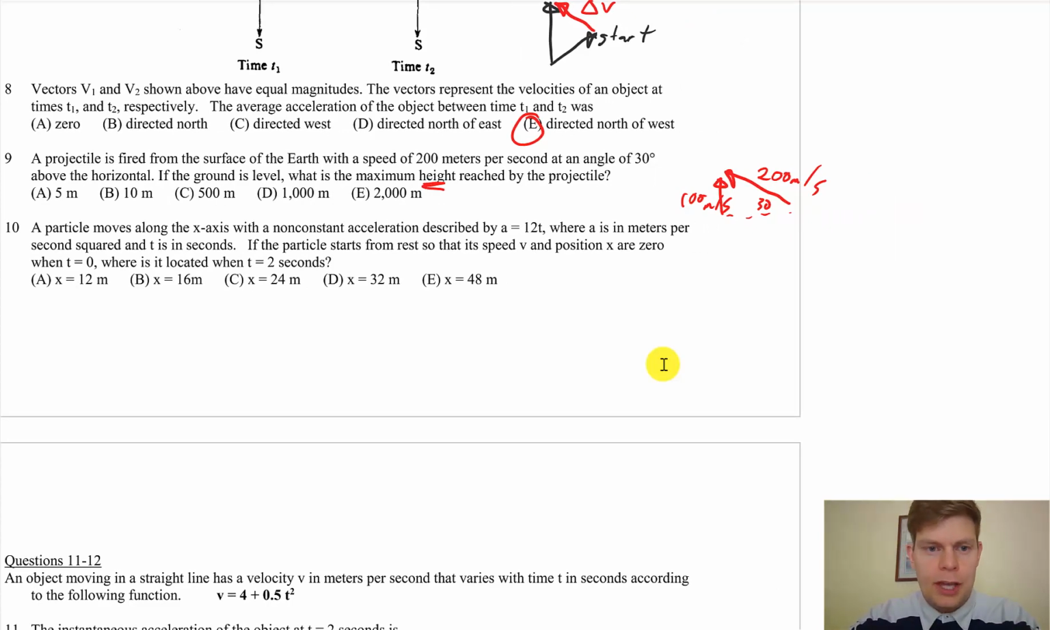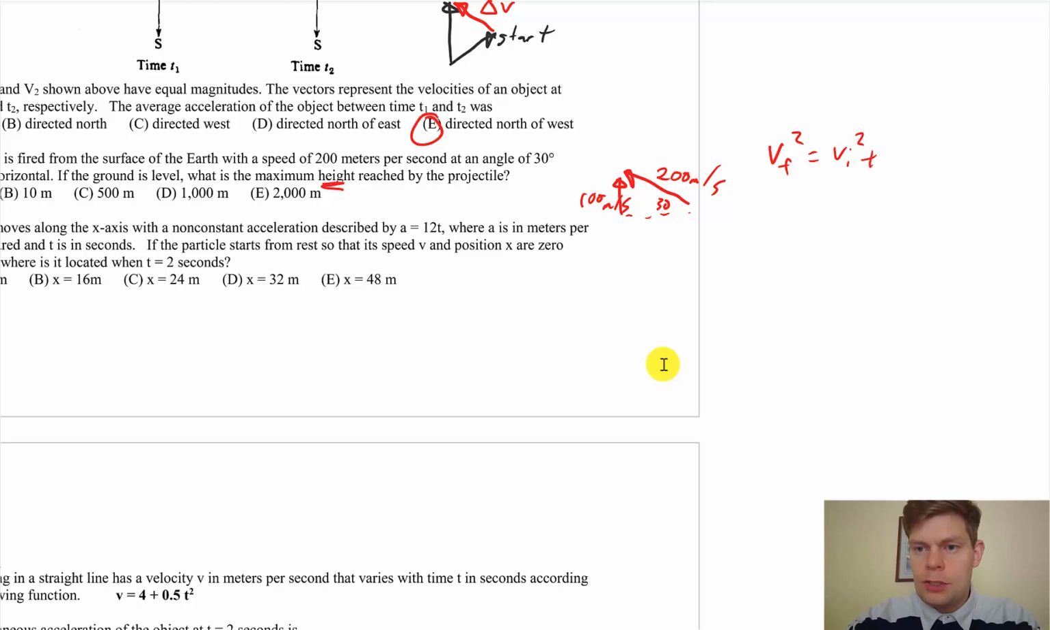And 100 meters per second, we can just plug that into, what would we do? We would probably do Vf squared equals Vi squared plus 2AD, everyone's favorite formula, or one of the excellent ones. Our final velocity, if it's going to its maximum height vertically, it'll slow down, stop. Of course, it's still got a bunch of horizontal velocity, but vertically, it'll stop. So our final velocity is 0. Our initial velocity is 100